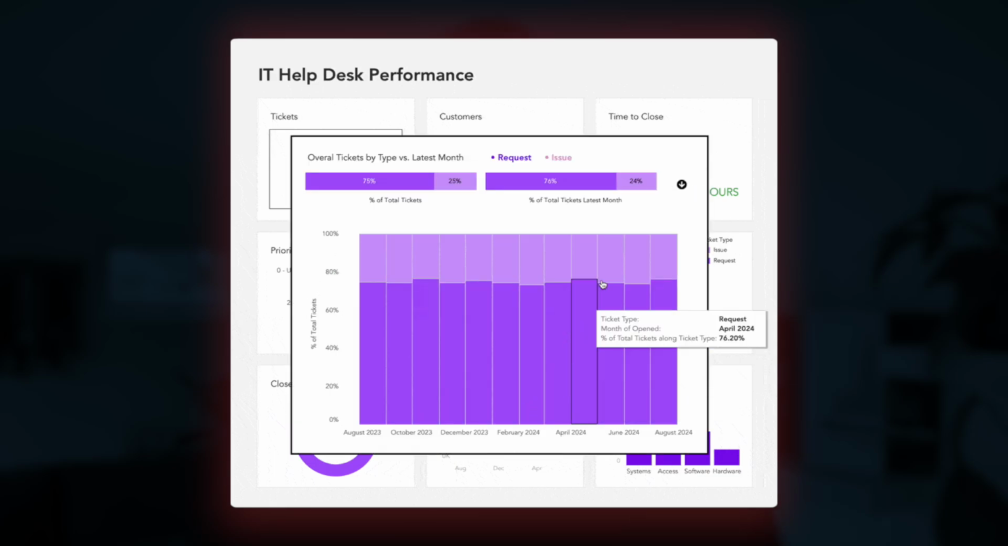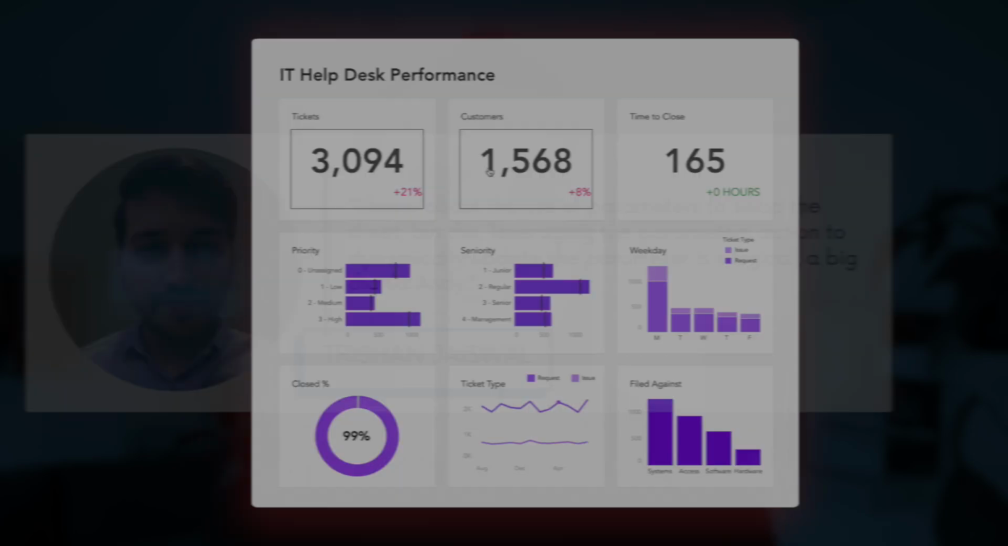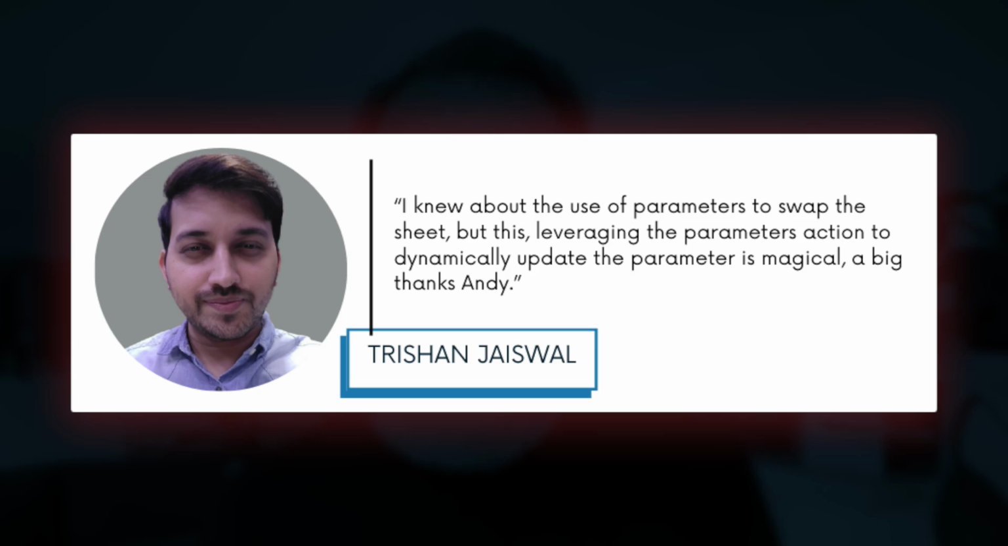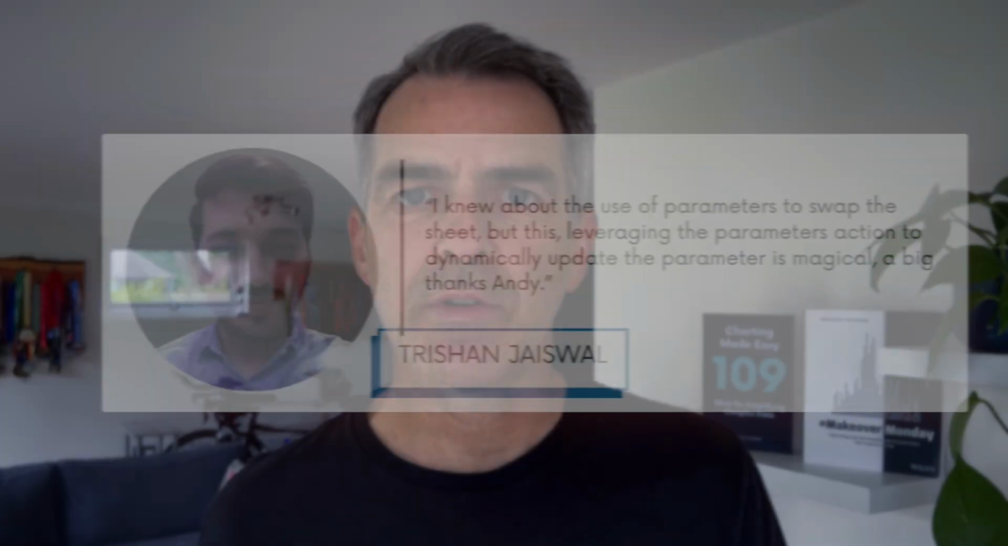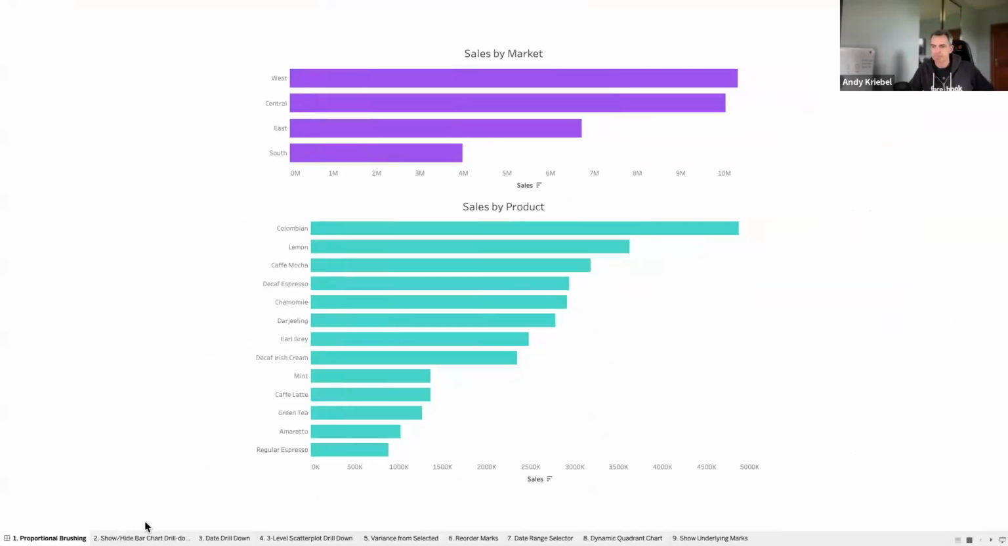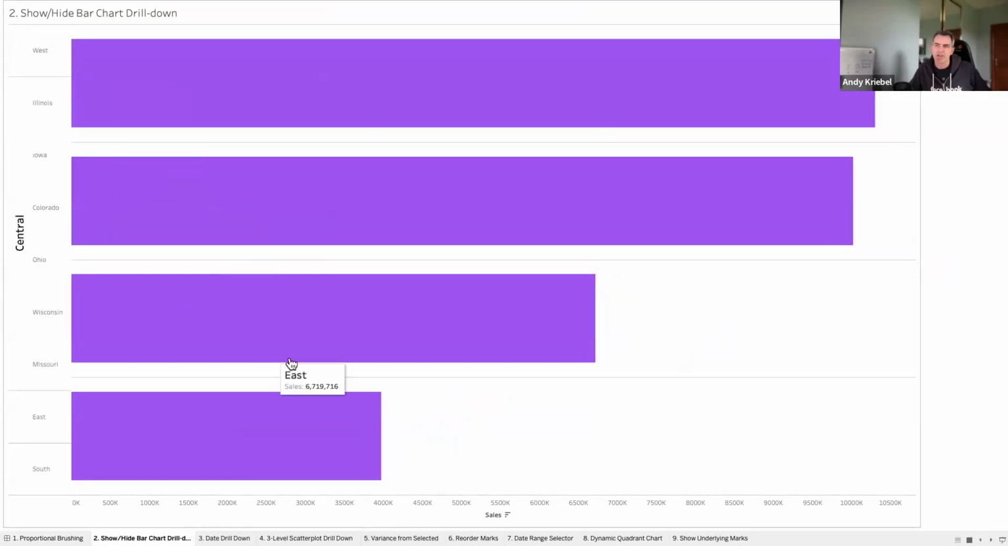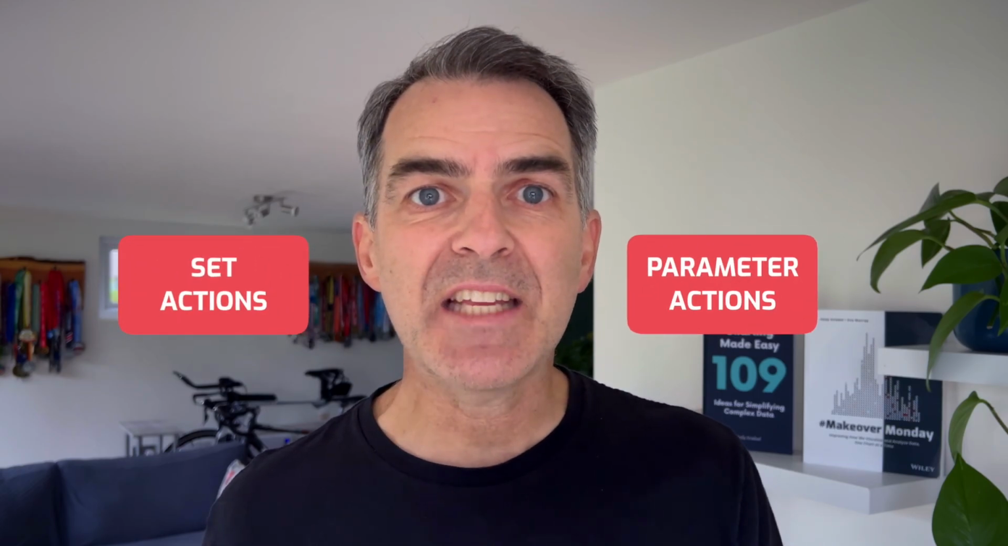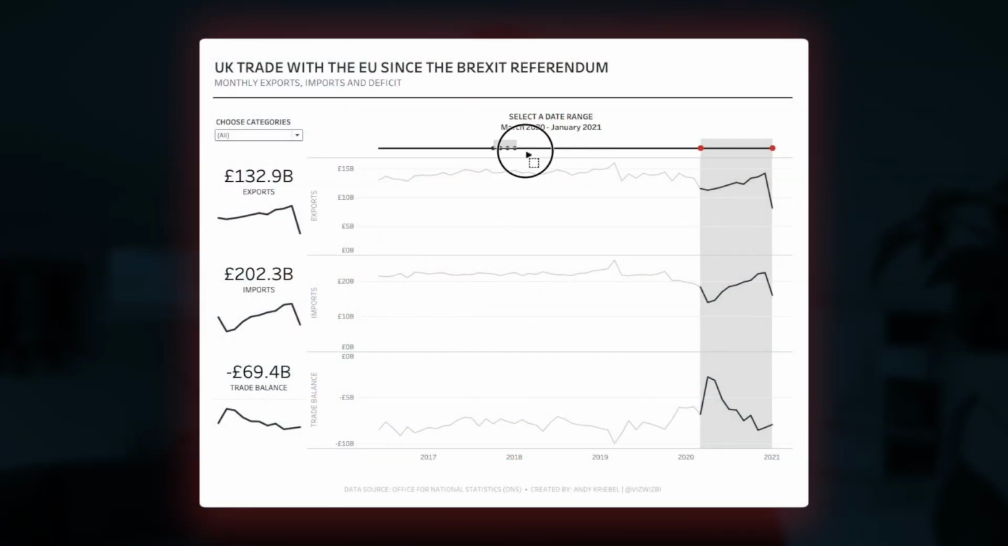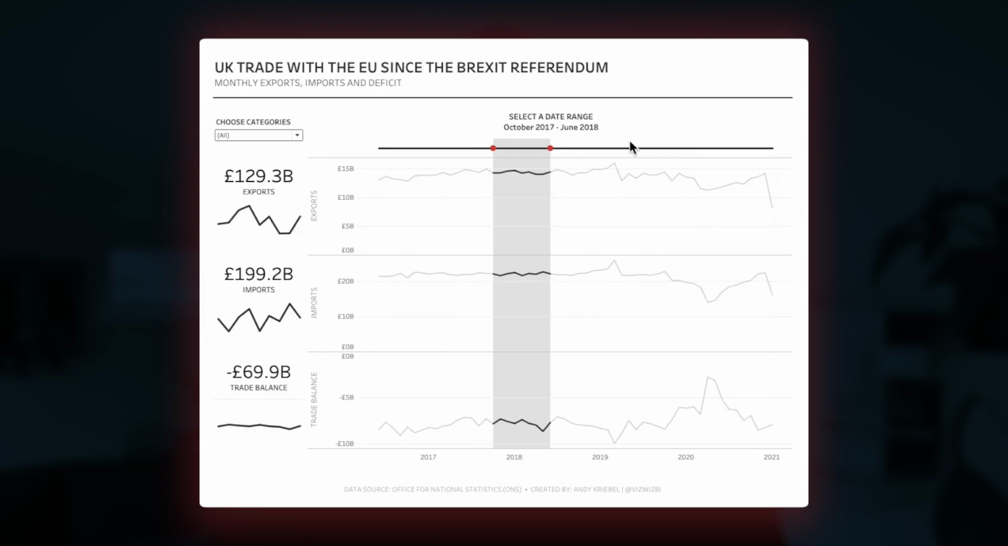And that's exactly where I come in. Over the years, I've helped thousands of Tableau users, just like you, master the skills they need to build interactive, insightful dashboards that impress stakeholders and transform decision-making. Set and parameter actions are key to achieving this, and I've seen the difference it makes when people finally understand